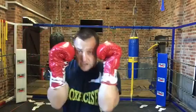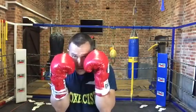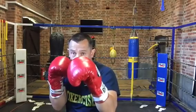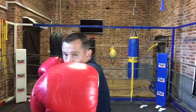Let me show you what they are, and then you can choose whether or not you would like to use this technique. Firstly, how do you do it? Well, it's slightly different from the regular jab. From the front, it doesn't look that much different. So instead of a regular jab being here, like this,